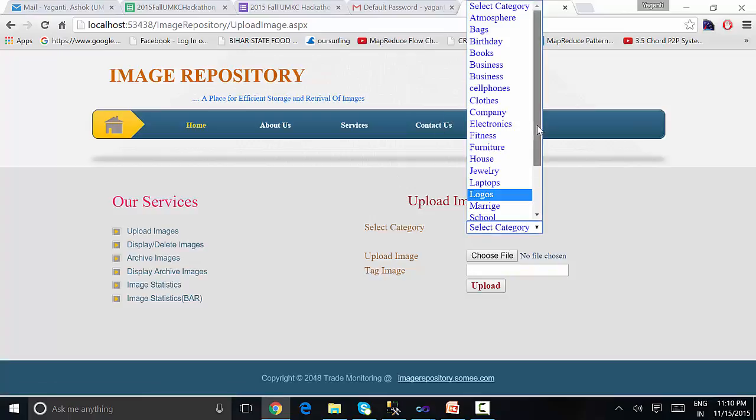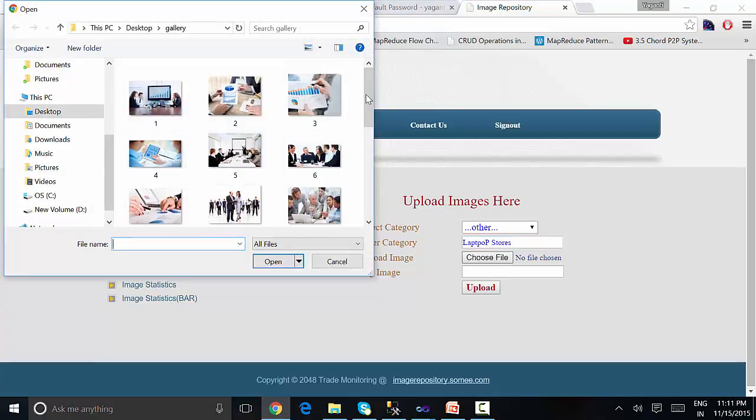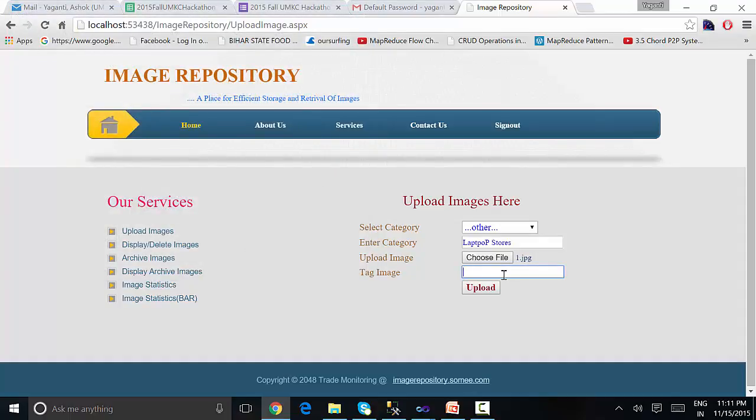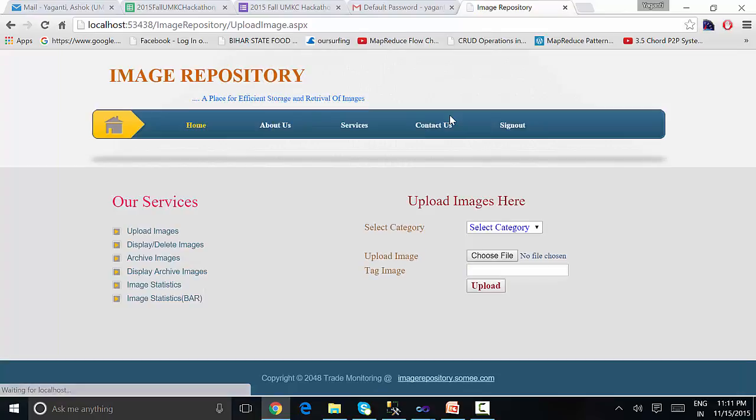If the category name is not listed, just click on other and give the category name, suppose laptop stores. Click on choose file, enter the tag name my lab 123, and click on upload. So the image has been uploaded successfully.